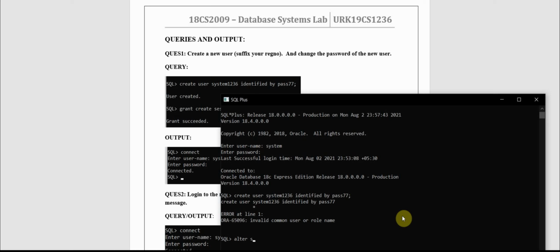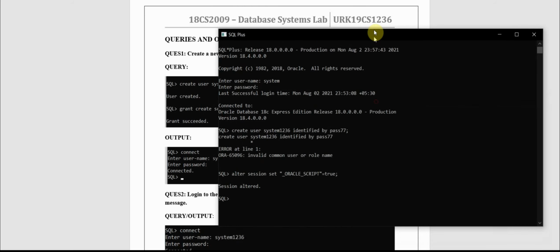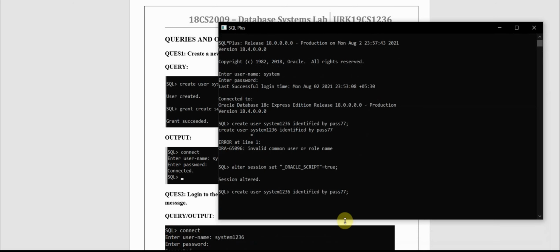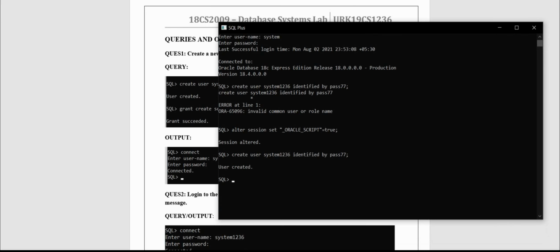Alter session set _oracle_script equals to true, and close it. Okay, now you can see here session altered. Now let me create the same thing. So you can see a user created.